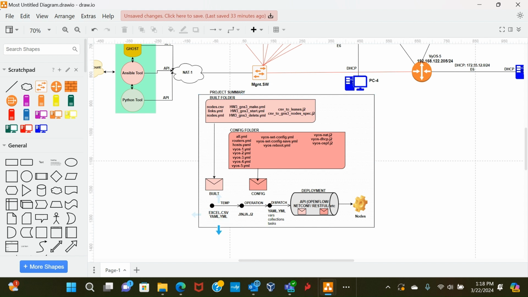So we can use Excel, we can use YAML to build these templates, and then Jinja provides us a mechanism to take these CSV files or the YAML files and output the scripts in a way that the nodes understand.